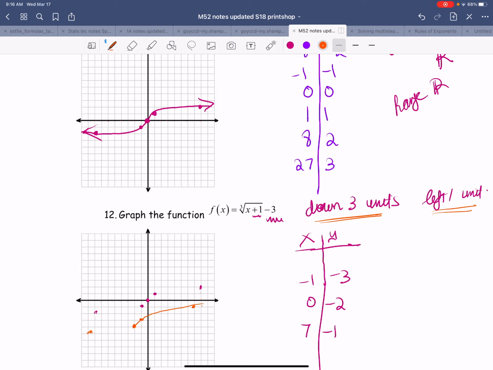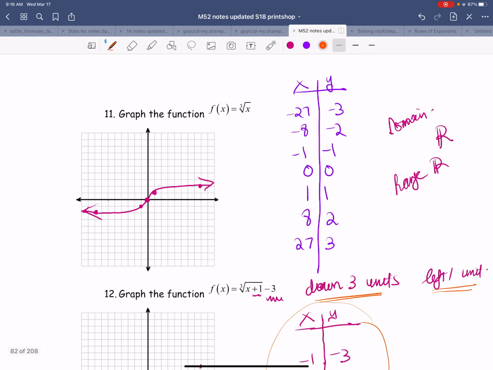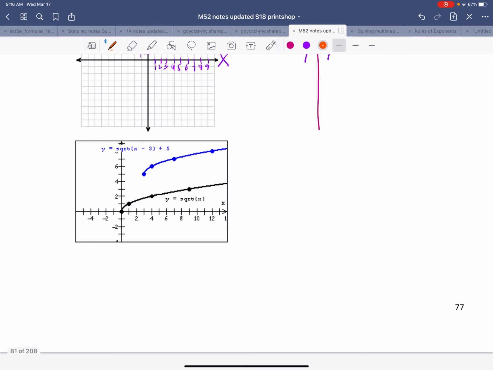Okay. So something like this is how my graph is going to look. So you can plot the points, or you can translate the actual graph. Remember, if you see something in the form of